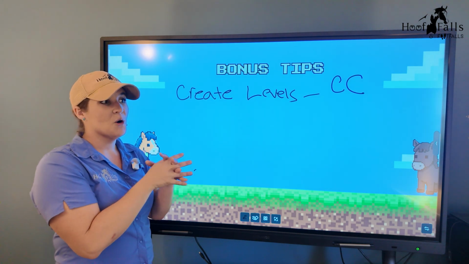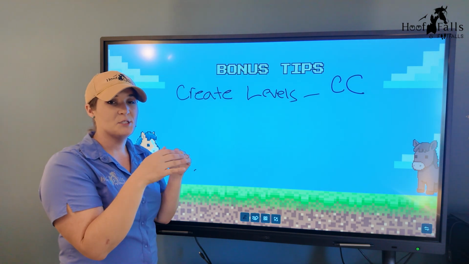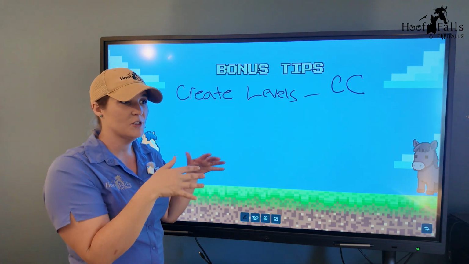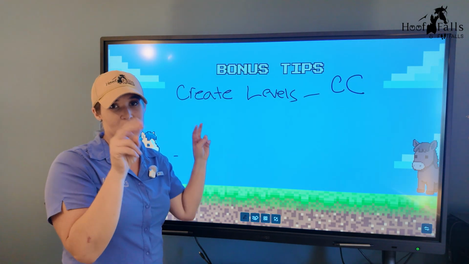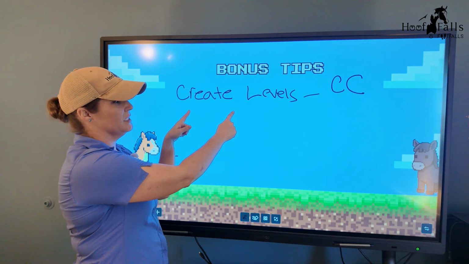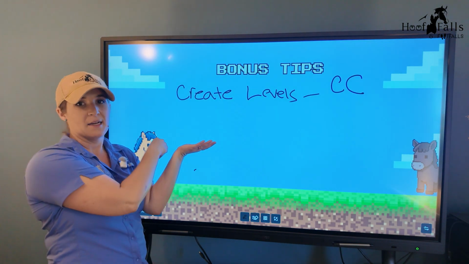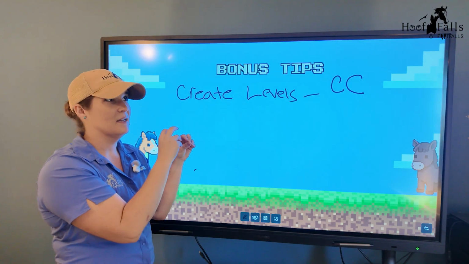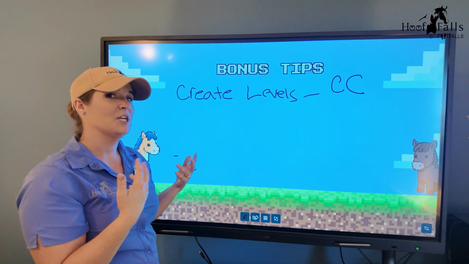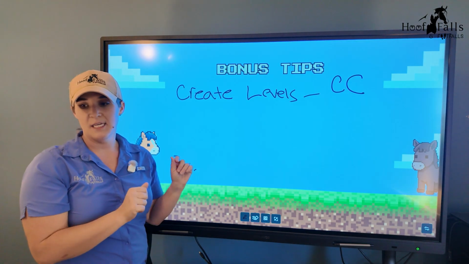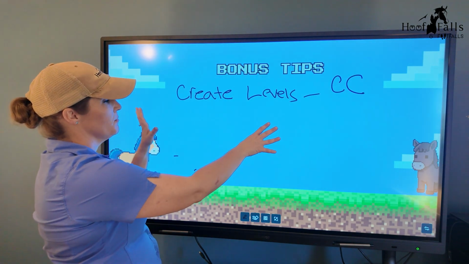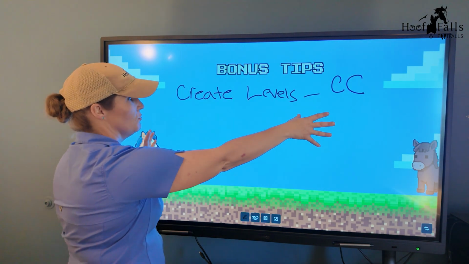If you know it's going to be a much more challenging attempt, you can even let them have 3 chances at that level, or 2 chances or whatever it is, to respawn and try that level again before we have to take it back a step and attempt something a little different. And as the instructor, I need to adjust the level of difficulty, okay? So when you have them create their own levels, give them controlled choices.